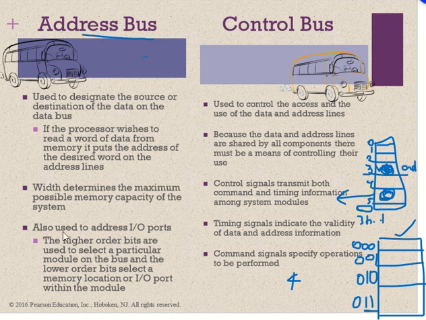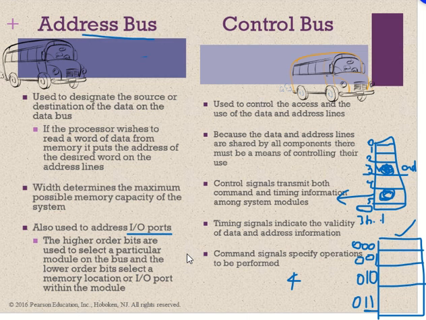The address bus is also used to address the IO port. Which IO port is going to give the data, or which IO port is going to take the data. I told you a few slides back, each IO module has a unique address, because you have multiple peripherals connected to your computer. You have a keyboard, a mouse, a speaker, a microphone, a scanner, a printer. All these peripherals are connected to your computer system. Each of them is called an input-output device. Keyboard is an input device, printer is an output device.